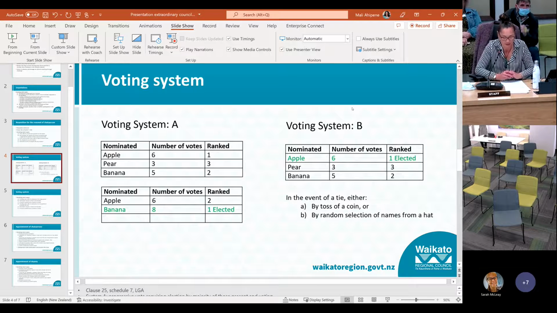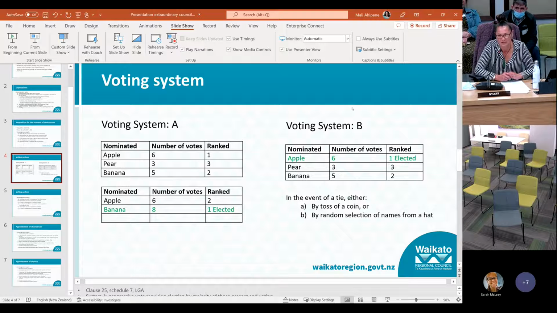In this example, there are 3 nominations received: apple, pear, and banana. As you can see under System A, after the first round of voting, apple is ranked first, banana second, and pear third. And so a second round of voting is required. Because pear receives the lowest votes in the first round, pear drops off. After the second round of voting, banana is elected